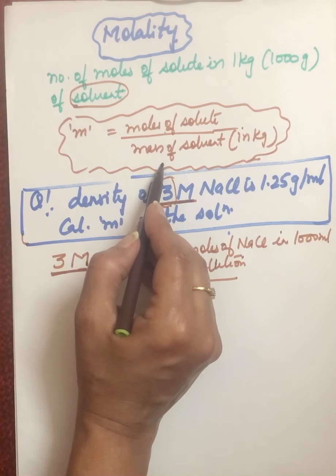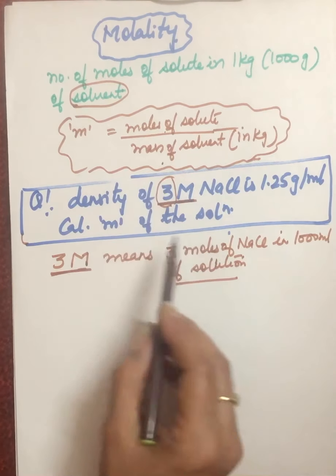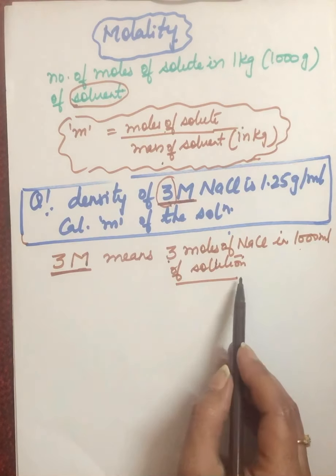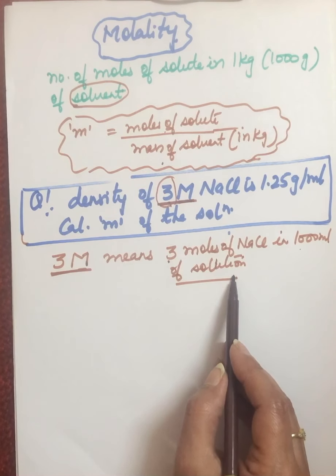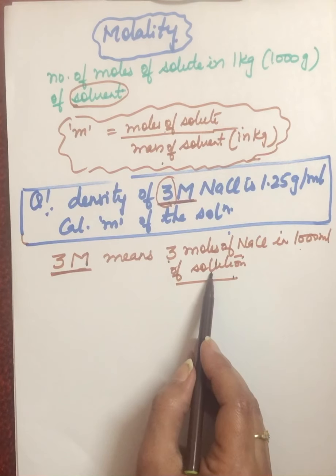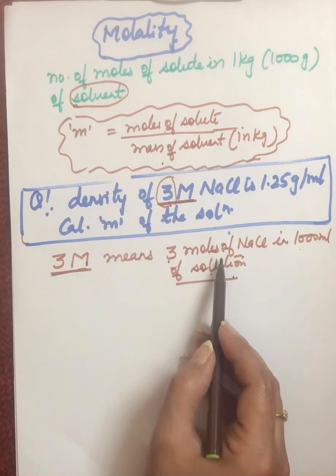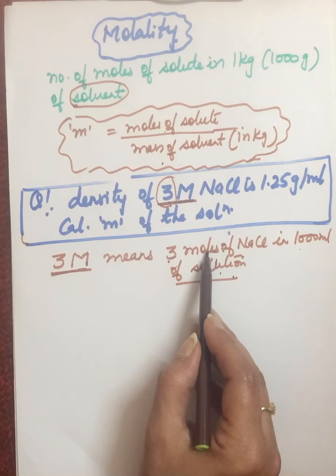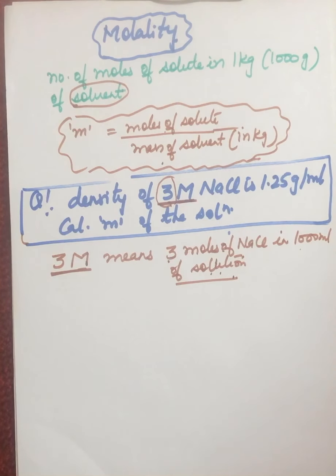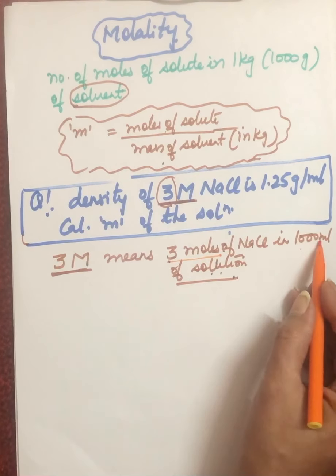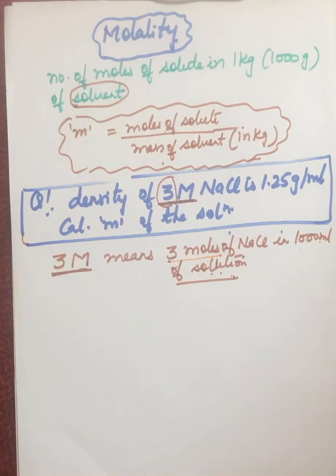What we need now is the mass of the solvent. But in the question we just have 3 moles of this in 1000 ml solution. We know the volume of solution. We can change this volume of solution to its mass. 3 moles of solute also we can change to mass. Now from mass of solution we subtract the mass of solute, we will get the mass of solvent. So now we have 2 problems. One is to change the 3 moles of NaCl to its mass, and the volume of solution 1000 ml to its mass. Now density is given here.